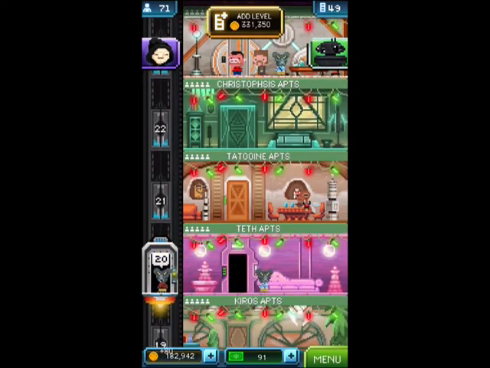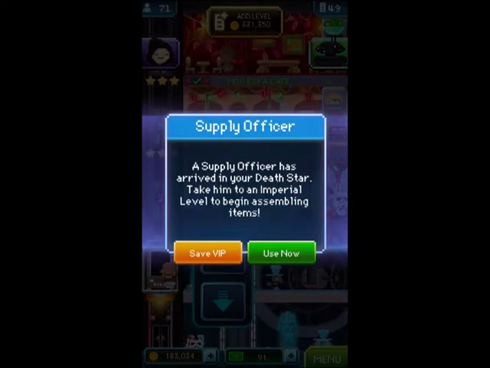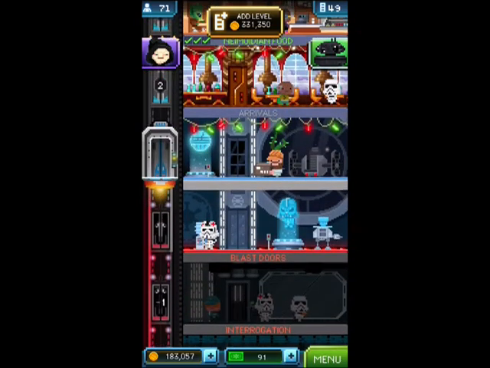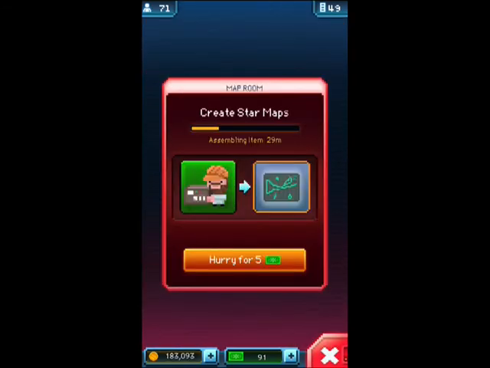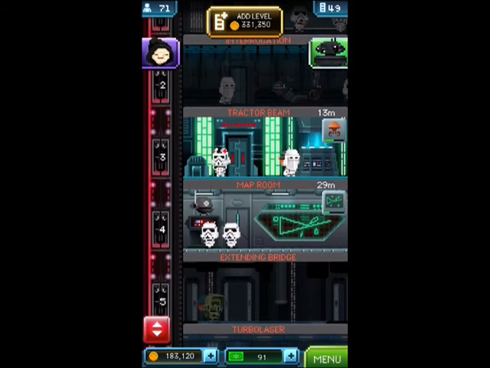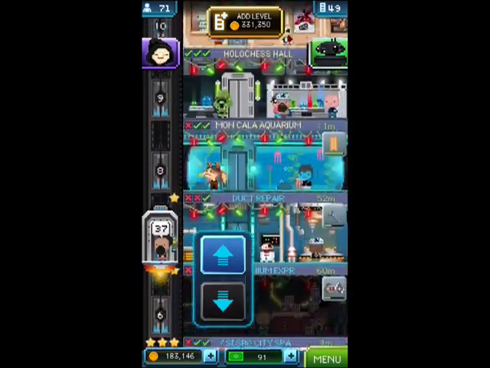I would say anyone playing this, if you want to rush through the game, of course you can spend some real money, but I would recommend not using bucks to speed up anything in the game, because when you get to new floors and new levels and you're building stuff, it always takes longer than the previous level. So you're really not speeding anything up. I also wouldn't recommend skipping any of these missions or any of these quests. So right now, these two things that I don't have enough of, the salvage and the star maps, they're currently being collected right now. So I'll keep that supply officer in the lobby for now, and I'll use him when that's...